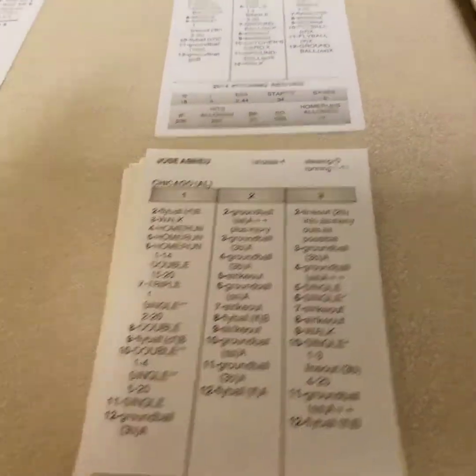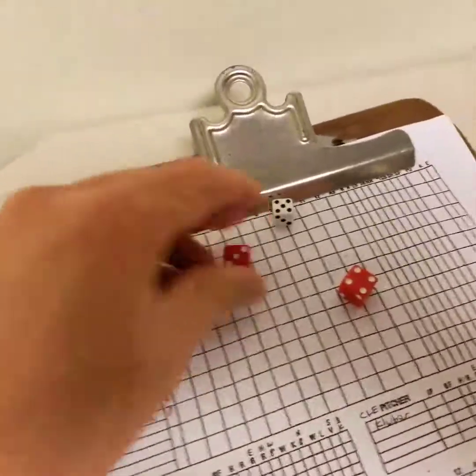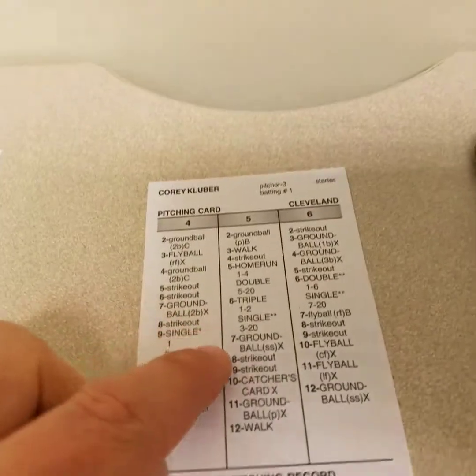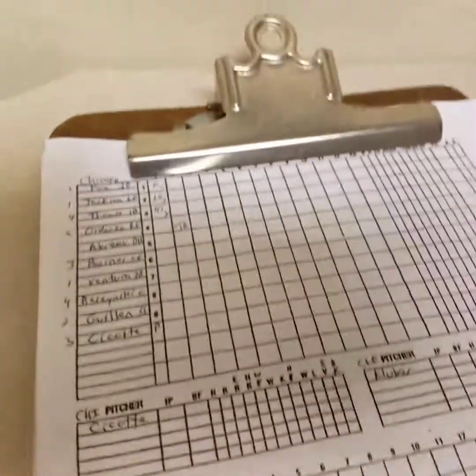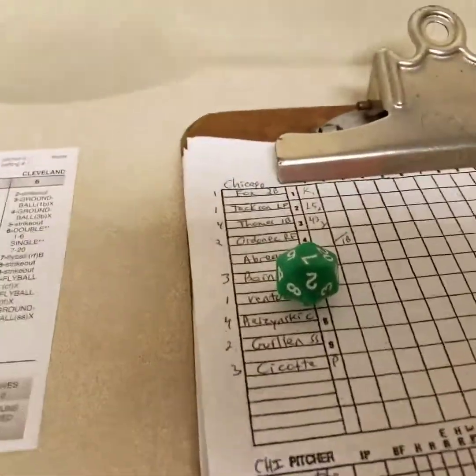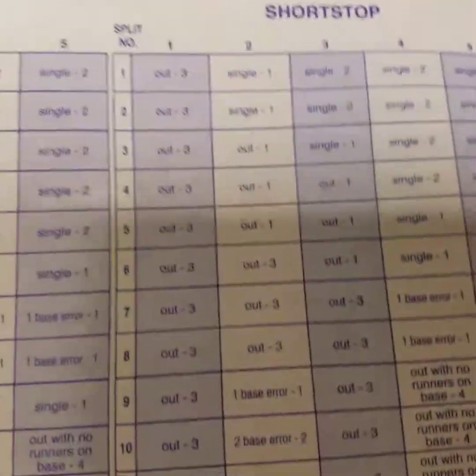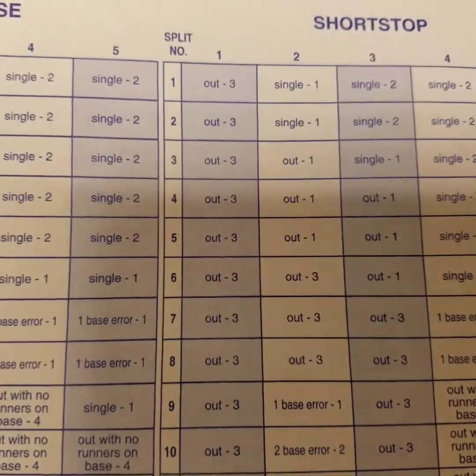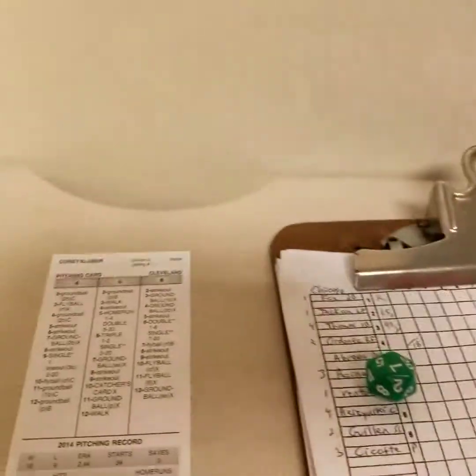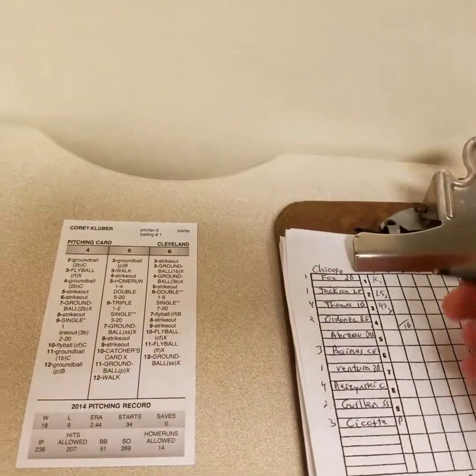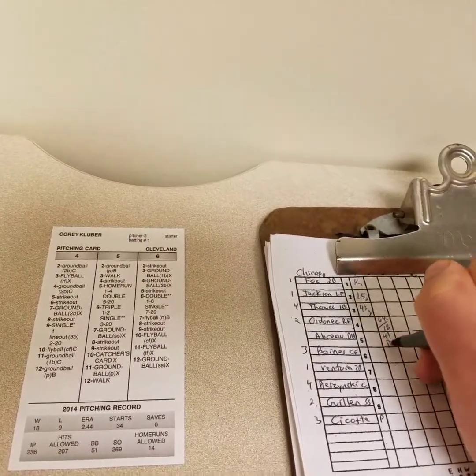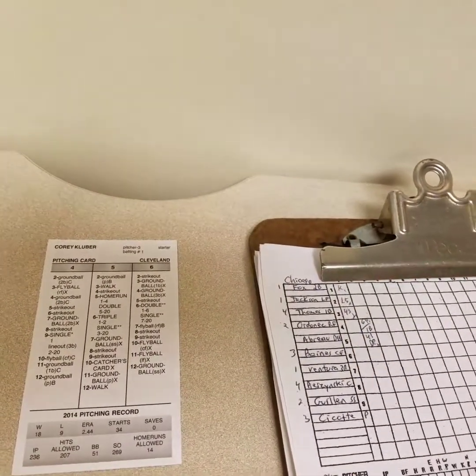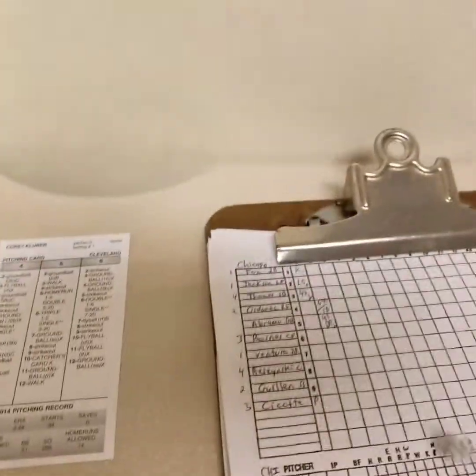Here's Jose Abreu, the DH. And we get a 5-7 against Kluber. Ground ball shortstop X. The shortstop in this case is Lindor. He's a 1, and that's a 7. So a 1 and a 7. If that's an out number 3, it's a double play, and it certainly is. So 6-4-3 double play. One thing I've remembered here in this basic game is if you get out number 3, that's a double play. It's like ground ball A. So there's 2 down. Bases are cleared for Harold Baines, center fielder.